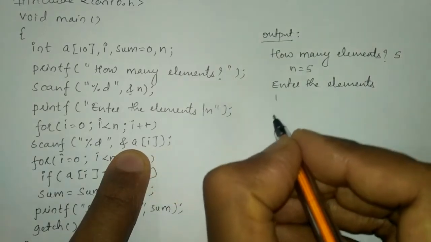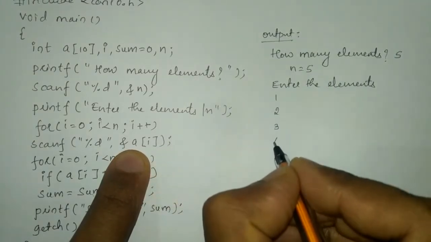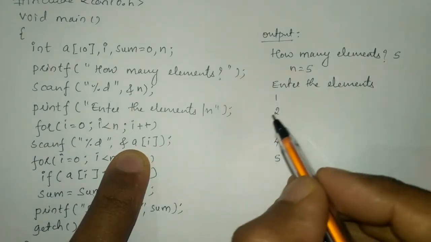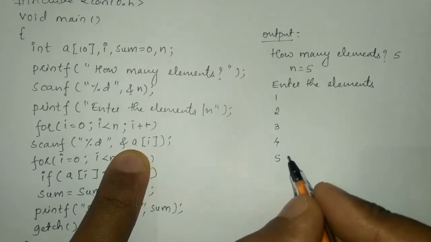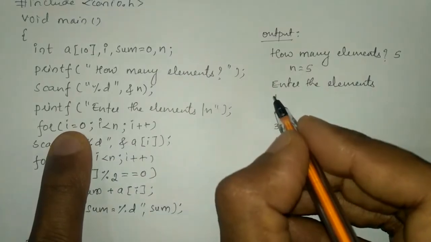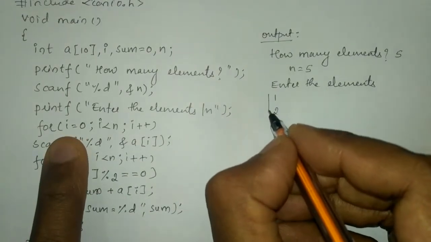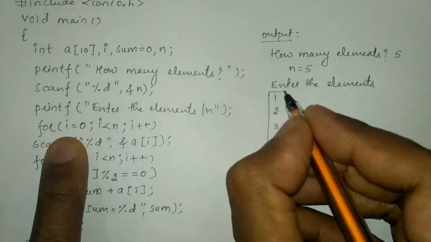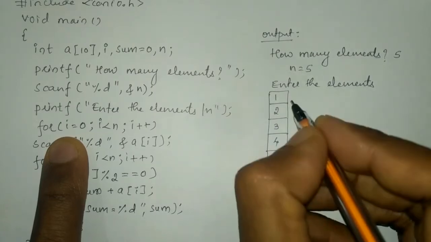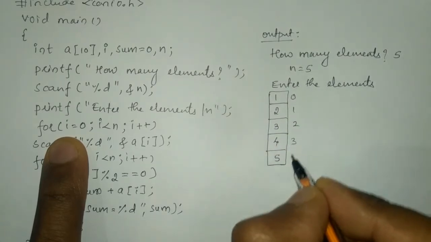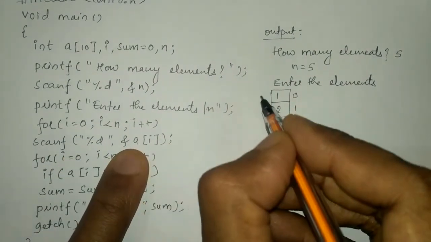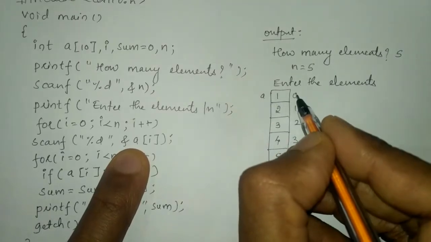For example, I'm going to enter 1, 2, 3, 4 and 5. So we have given the size as 5, and here we are going to receive 5 elements one after the other in this iteration. This can be represented in memory something like this. You can visualize this one. It is consecutive blocks of memory whose index starts from 0, 1, 2, 3 and 4. Correct? Yes. So now you can see this is a of 0 for the first time.